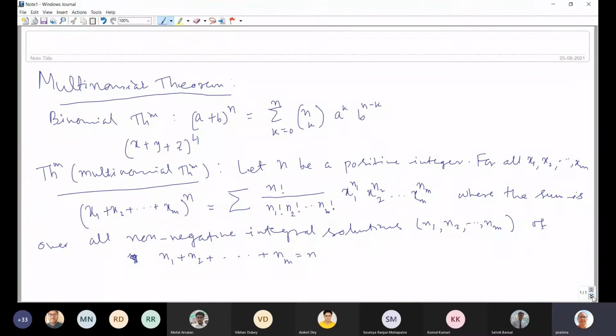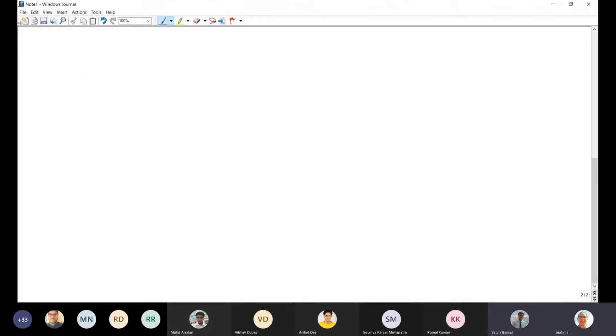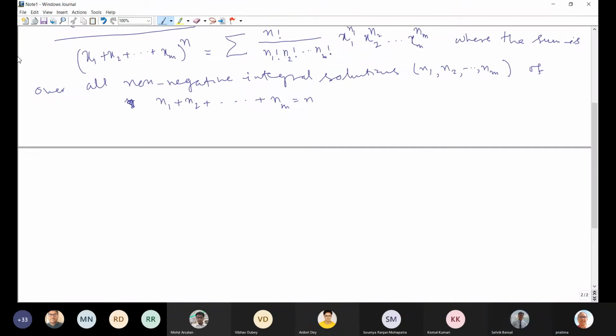How should we prove it? Can anyone tell? If I remember correctly, the proof goes like this: we bracket all of x2 to xm in one variable and change it to the form of (a + b) raised to the power n, where b is the summation of x2 till xm. Then we again open it up to reach n factorial. Yeah, it goes something like this.